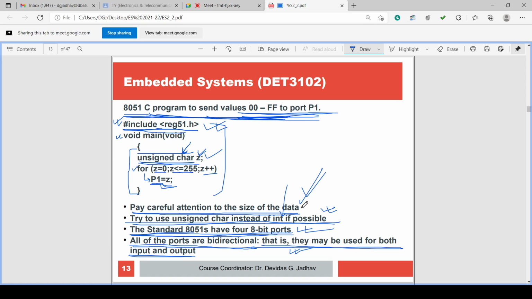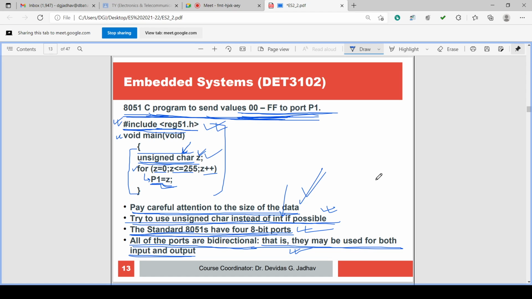And we have studied how the data type is to be used, because port 1 has only 8 bits. So we have to use a variable of 8 bits. So unsigned char is the data type we are using. And we are not going for the integer, because the integer data type has a total memory allocation of 2 bytes, and 2 bytes will have values from 0000 in hex up to FFFF in hex, isn't it?